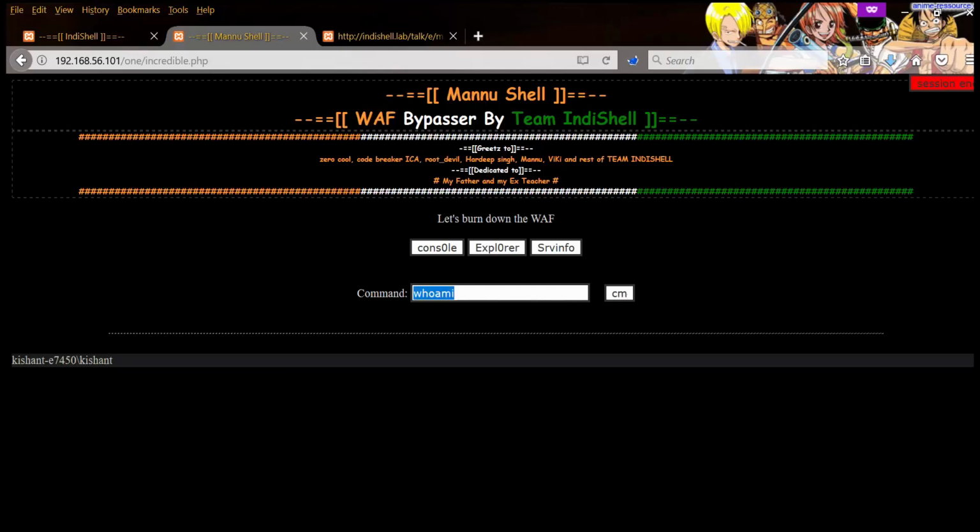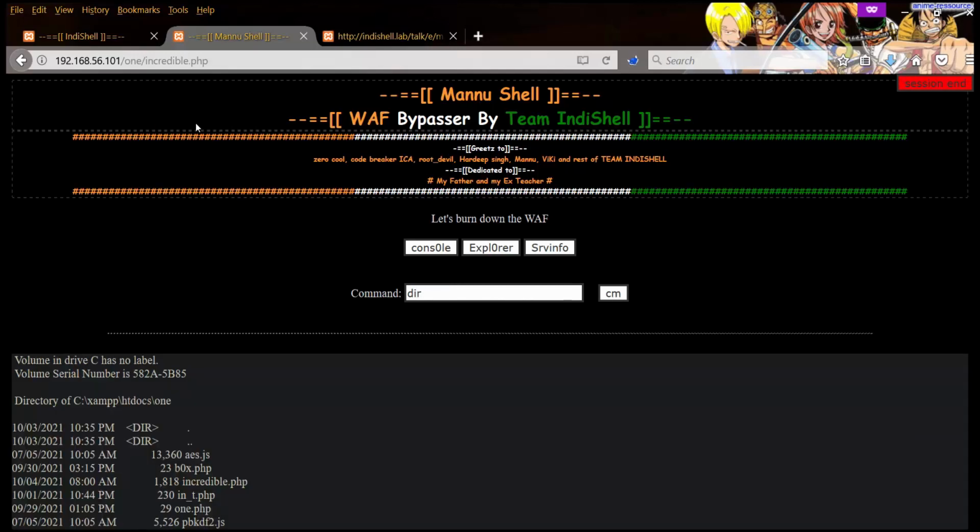As you can see, we can execute the commands, and this is actually Incredible Shell, but we have loaded the Manu shell. Whenever we make a request, the only shell executing it is the Incredible one, but in the background the session variable is holding the Manu shell.